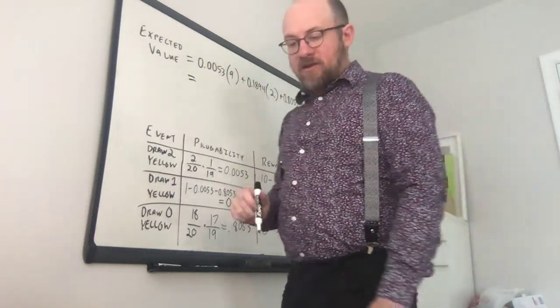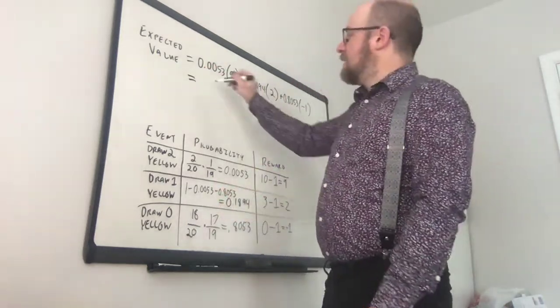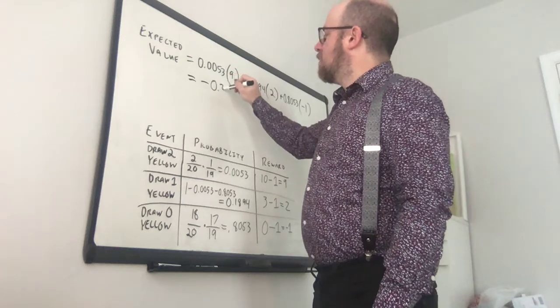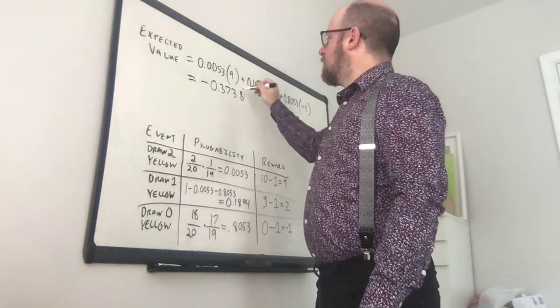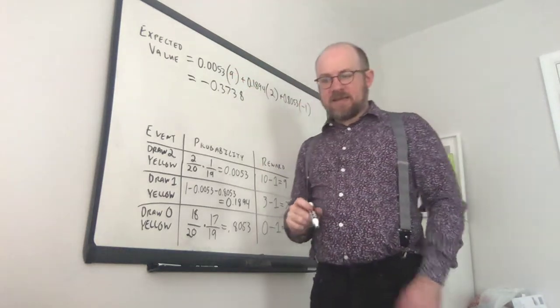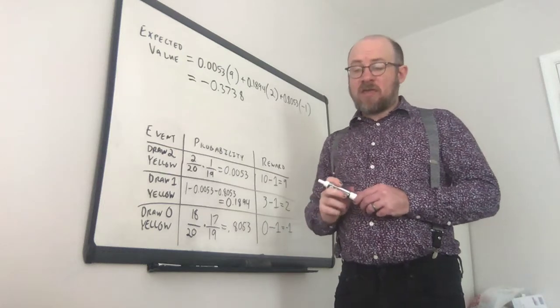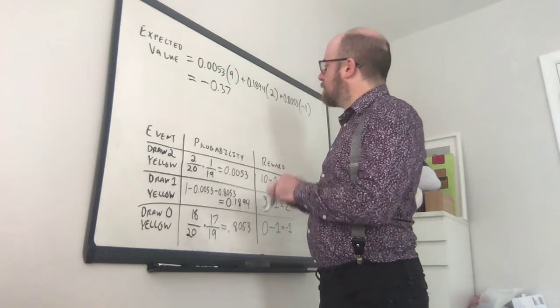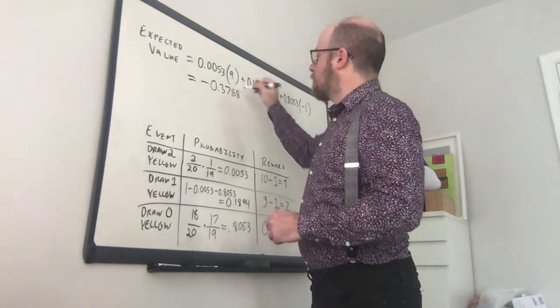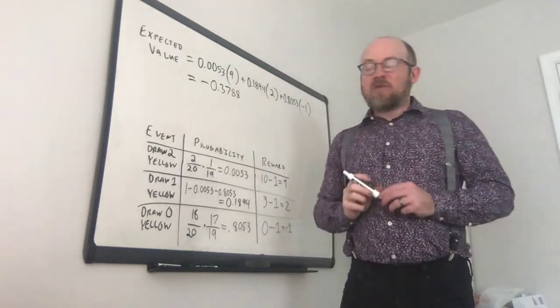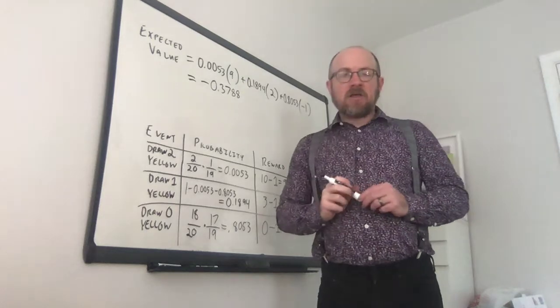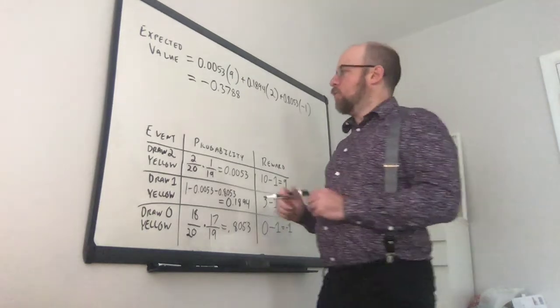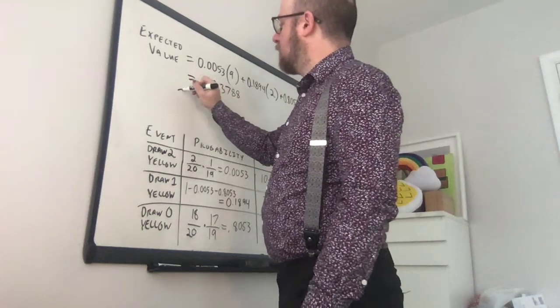We multiply them, then we add them up. If you put all that into your calculator, you're going to get -0.3788. Sorry, I misread it off of my notes. So -0.3788. So the expected value is roughly